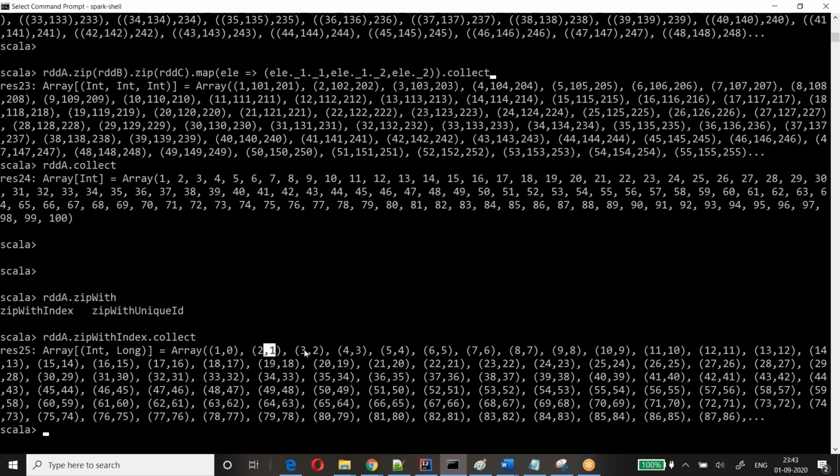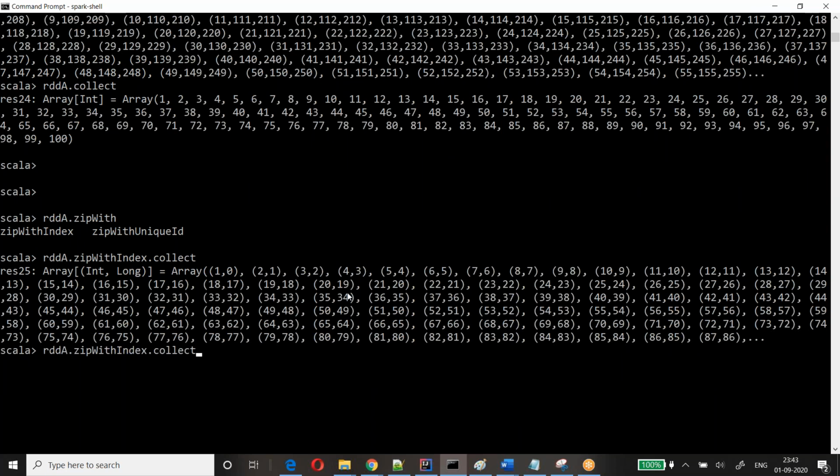This is the index. Till 100, it will go to 99, 100 comma 99, because it started with 0. So try this one. When you want to append a unique ID, you can also do that.